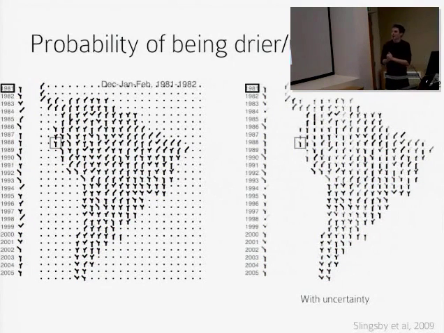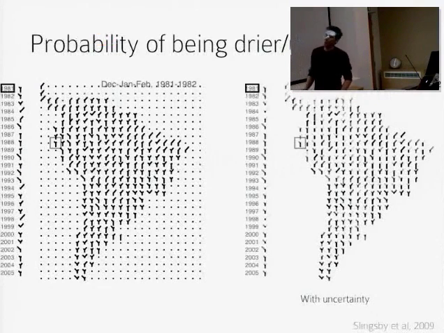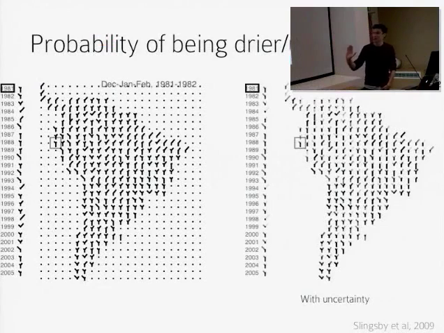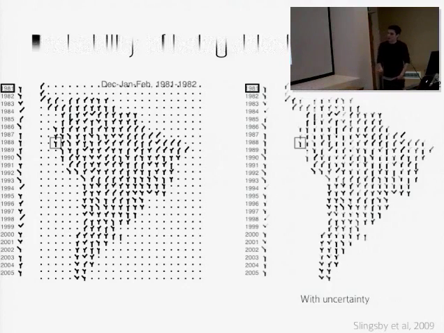So here, you might be able to see better, this straight line going down is whether or not it's going to be no different than usual, and the probability associated with that. The line to the left is whether or not it's going to be drier than usual, and the line to the right is whether or not it's going to be wetter than usual.